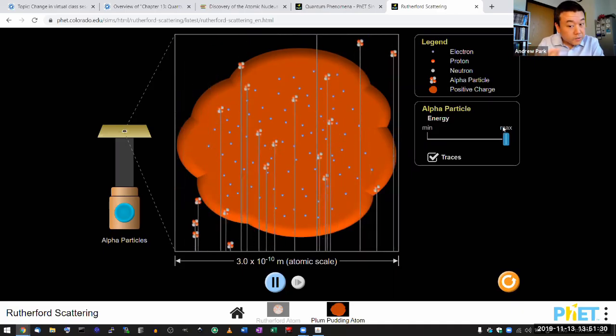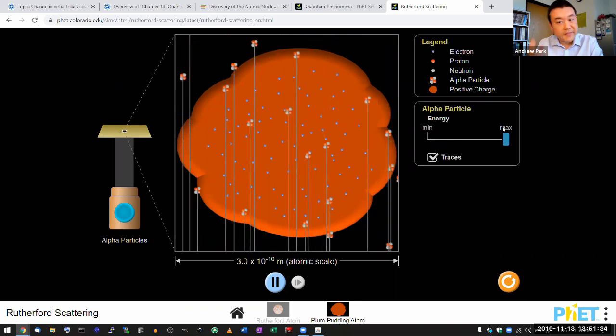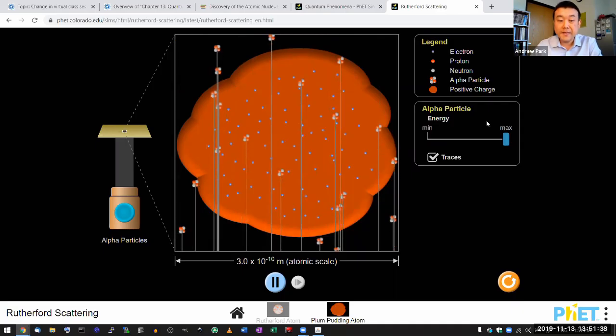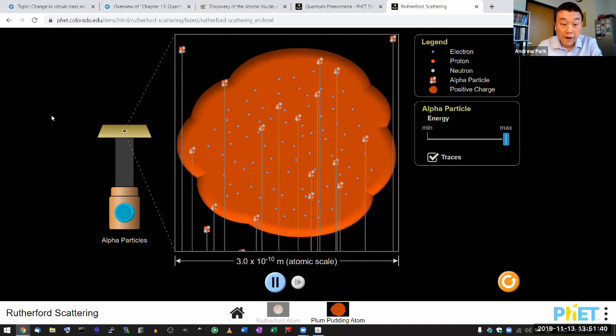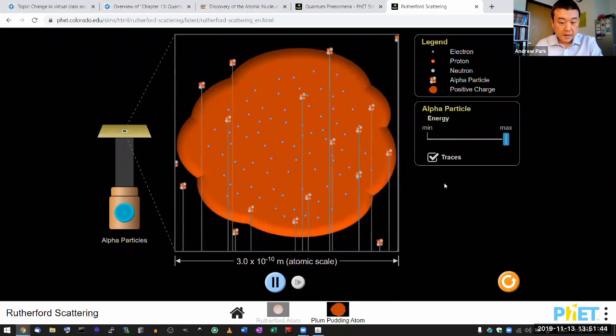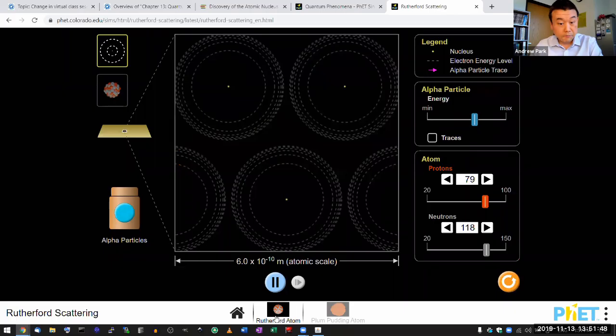What Rutherford was hoping to see was, he was hoping to not see this. And he was right, he did not see this. That's why he had the detectors all around, hoping to detect deflections. Now, what he did see was nonetheless surprising. So let me, without going too far into this, show what Rutherford